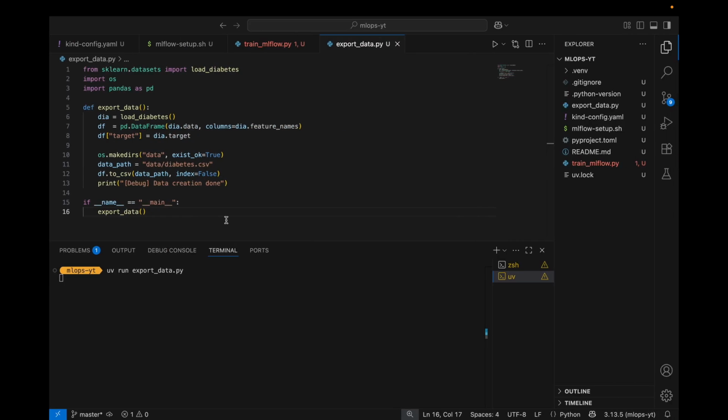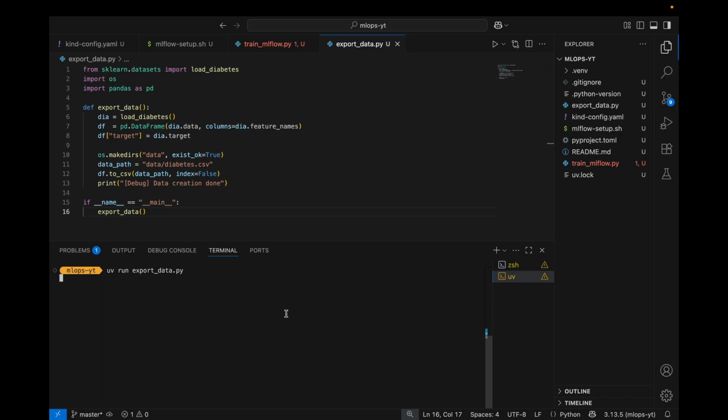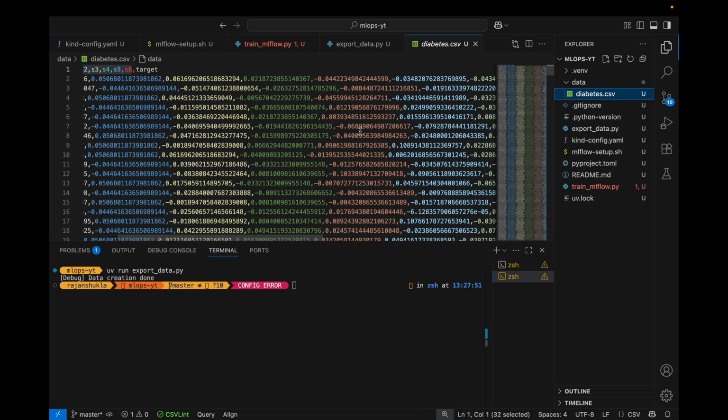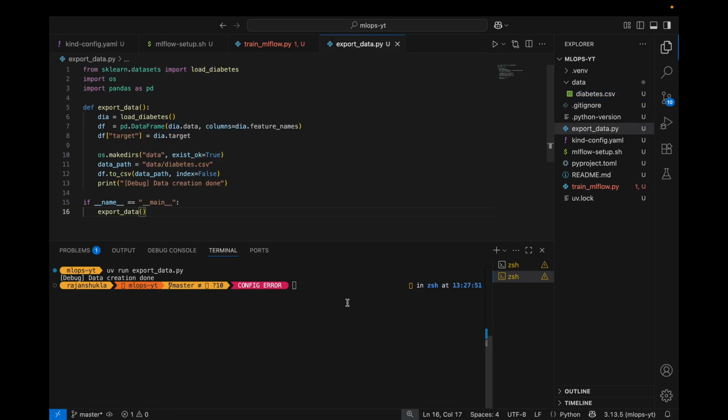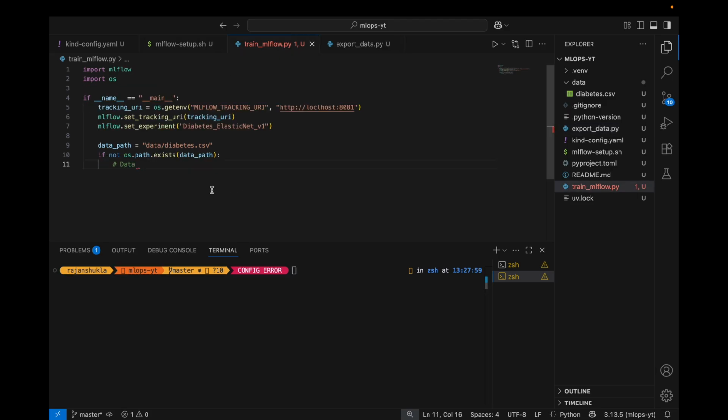What is happening? Perfect. Yeah, we have the data, so nothing to be worried. Now we can come here. We were trying to handle the case where our data does not exist, then in that case